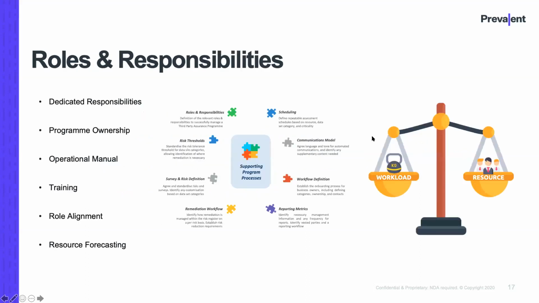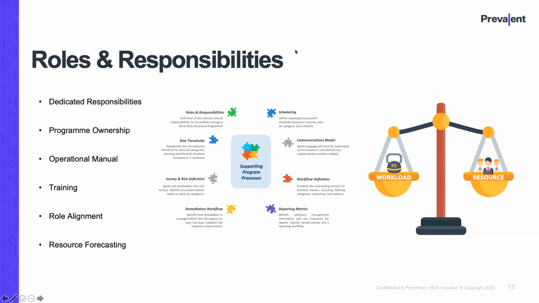So moving on to our next sphere, roles and responsibilities. Joe, if you'd be so kind. Sure. So now we move on to the nuts and bolts and the operational aspect of actually making the program work. We need to align the right resource and the right representatives, and of course the right skill sets to the task at hand. The first thing to look at here is whether you have a dedicated team responsible for